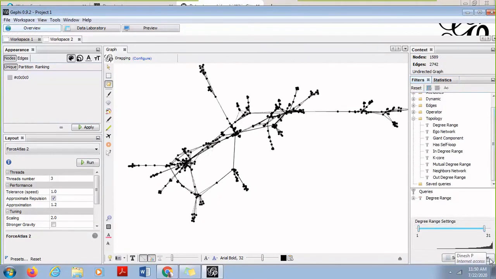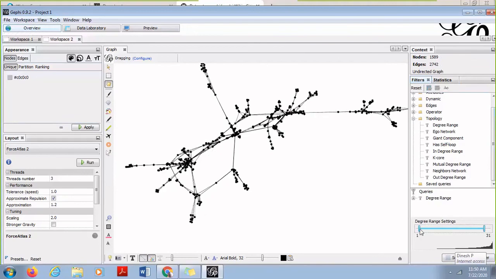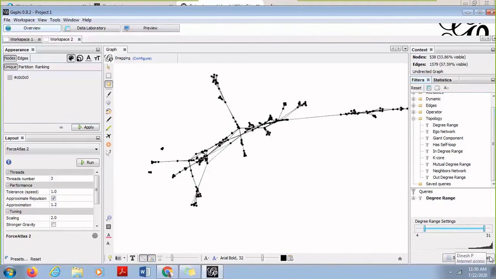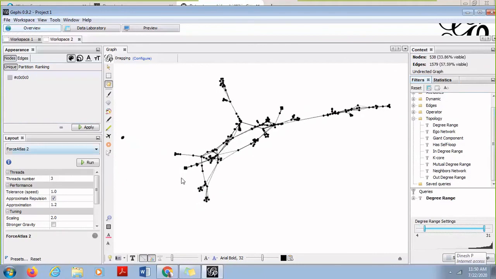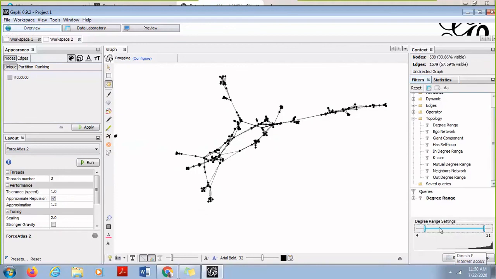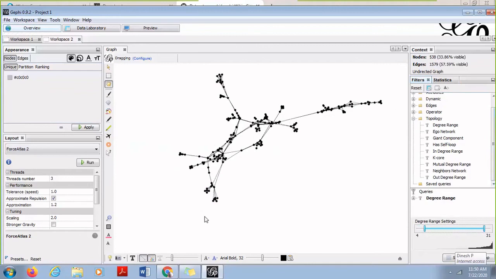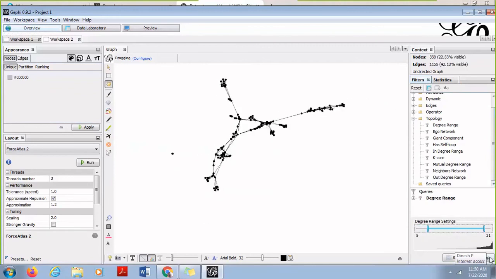I'm applying some filters over here. Okay, so there are nodes which are just moving out, because those were nodes which had degree 4 and are not connected to this major giant component. So I can keep on changing and then let's see how it changes.